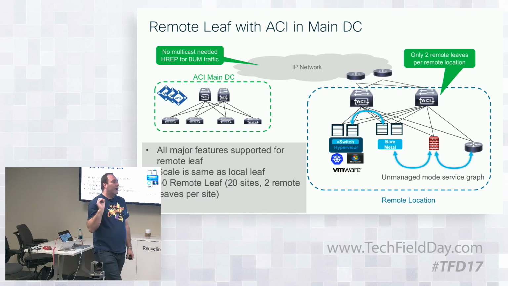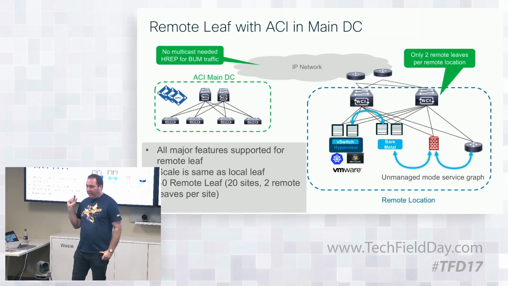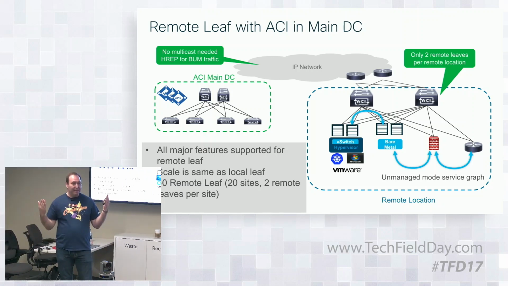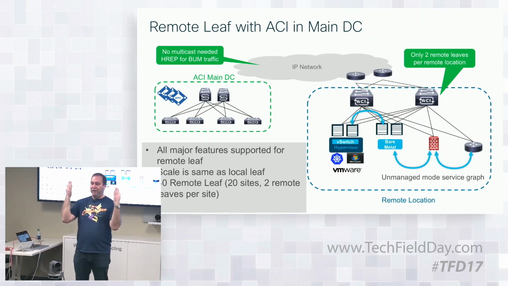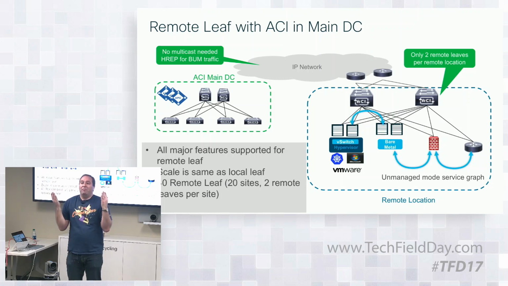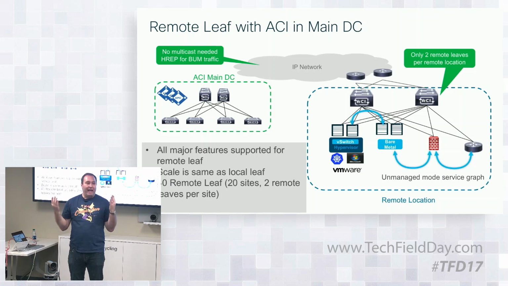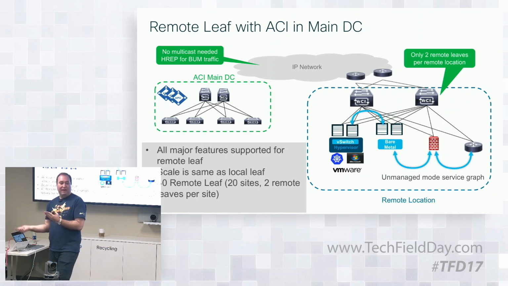A couple of interesting things that you need to be aware of. We changed the forwarding algorithm a little, right? One of the interesting things you have to realize is if you have single-connected devices on those two leaves, leaf 1 has endpoint 1, leaf 2 has endpoint 2. In the regular network, you'd go to your spine and back down to the leaf. In a remote leaf pair, we'll do local forwarding between the two leaves, so you don't have to go back to your data center to come back around.